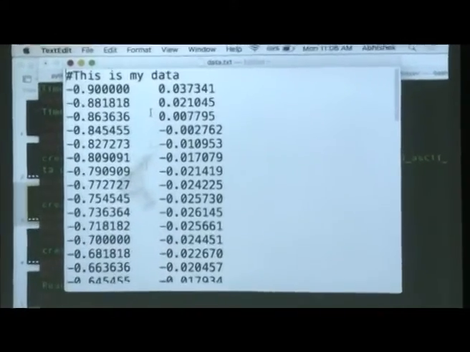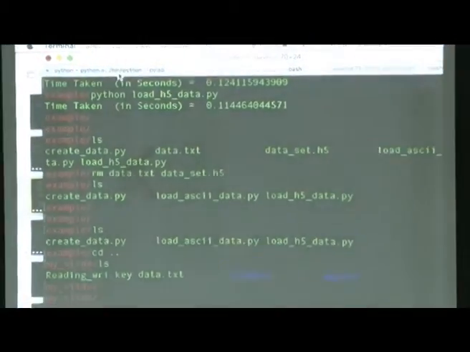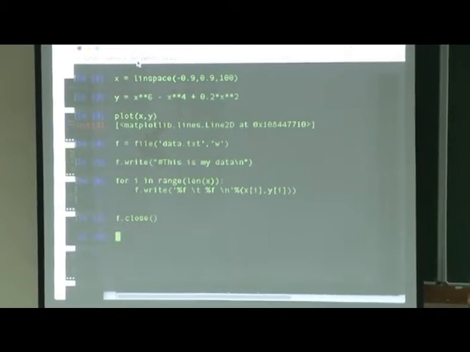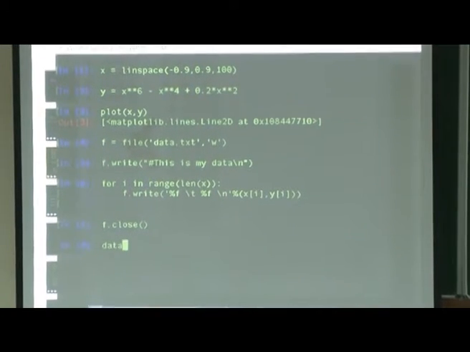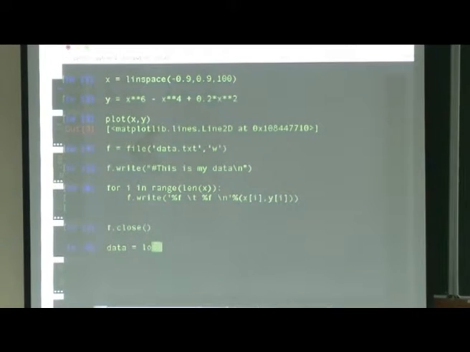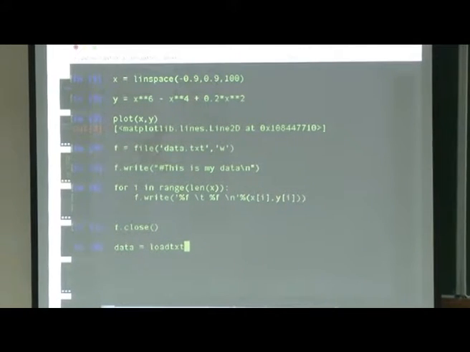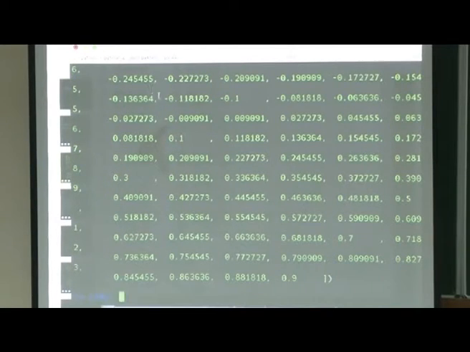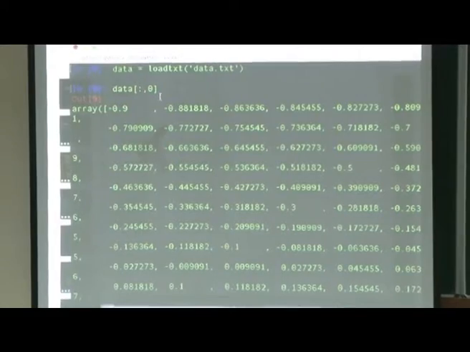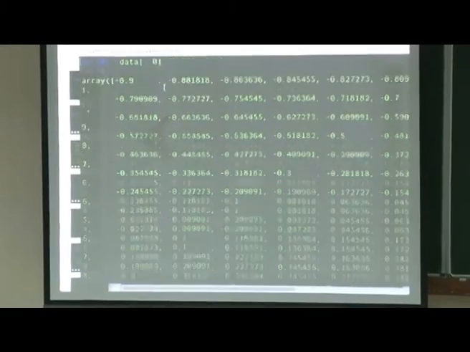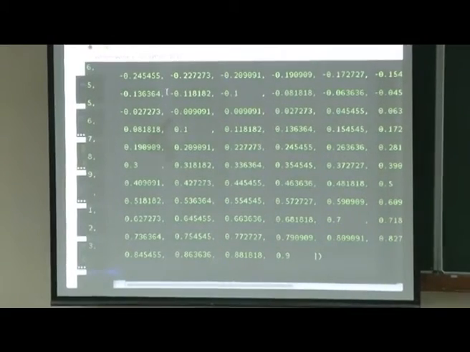Now I want to load this. Let us call it data to load, and if I want to read what x is, colon 0 will give the x values, from -0.9 to 0.9.